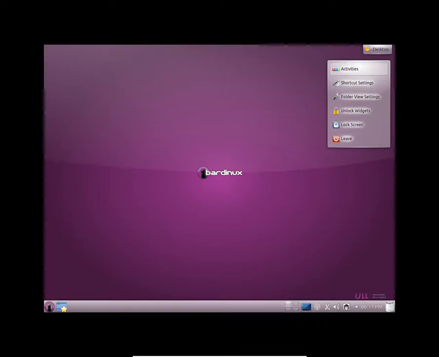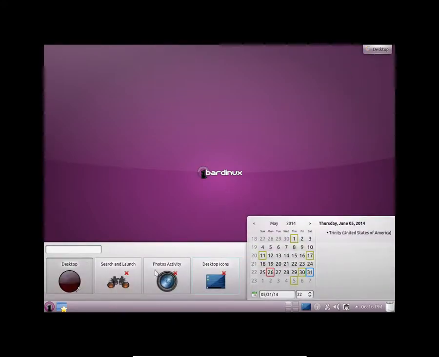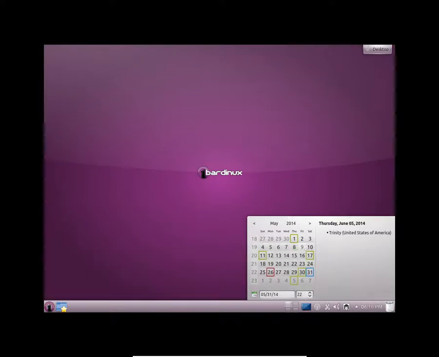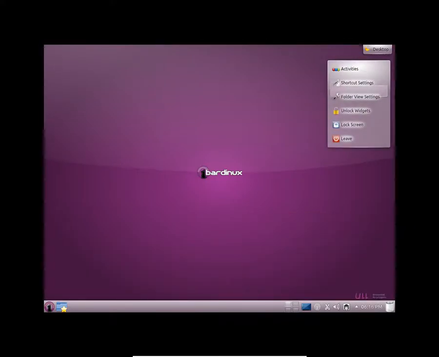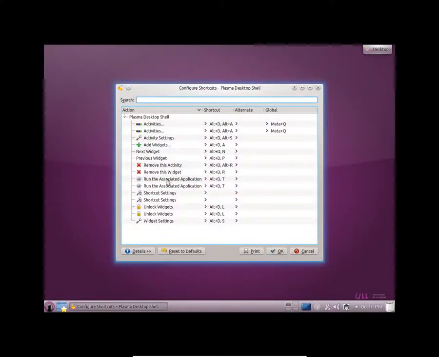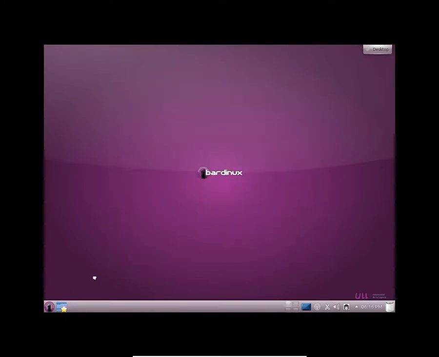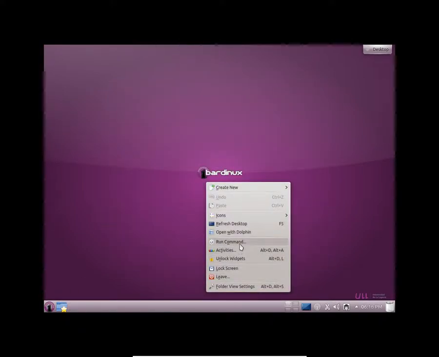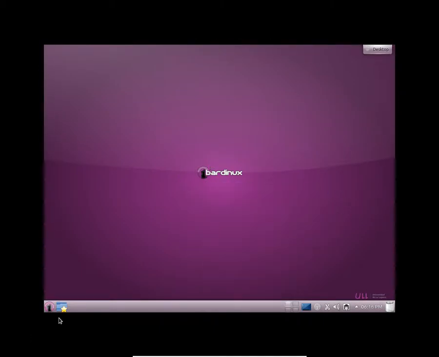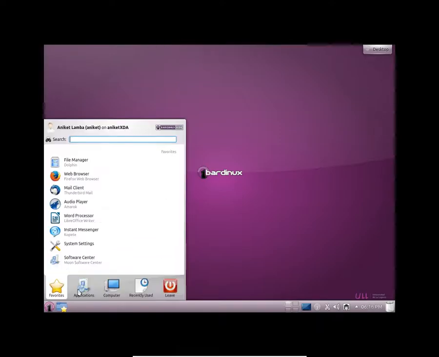Okay, you have these options here. A small icon in the top right hand corner of the desktop. You have these options, and you can choose any widget if you want. That's your call. So you can edit your shortcuts also. Pretty much the same, everything the same. Let me just check out wallpapers here. I guess there must be some wallpapers. Okay, no worries.